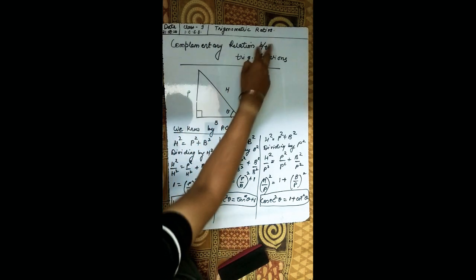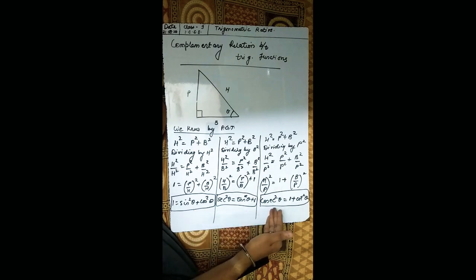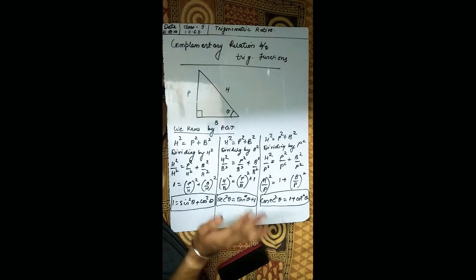Okay, let us understand the very important relations between the trigonometric functions. These are also called the square relations or the complementary relations between the trigonometric functions. I'll give you the proof of each and every one. You can see the identities in the blocks. You don't have to go for the proof in the exam, but still you need to understand how each identity comes, so that if you forget, you can derive it easily.